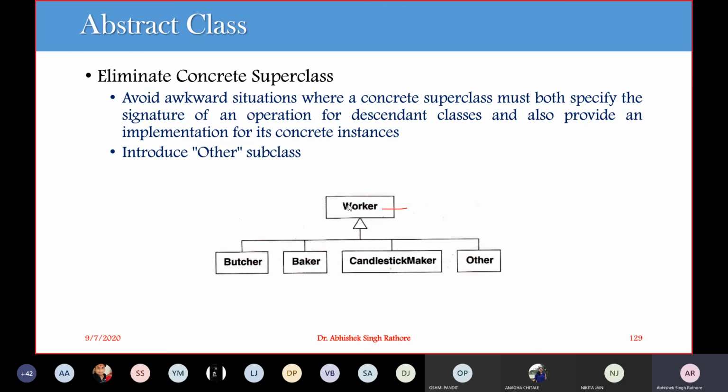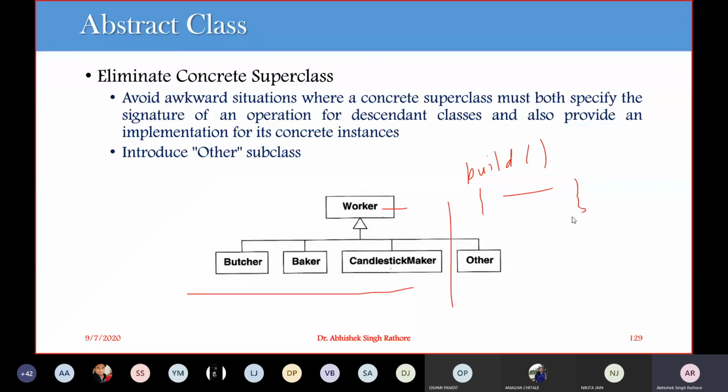Like in this example, let's say this super class provides some implementation and is not an abstract class. It is just a super class, and there are three subclasses available. It can provide a particular specification of an operation. Let's say a worker has a function called build. In a generic super class and subclasses, the subclasses have some definition available.